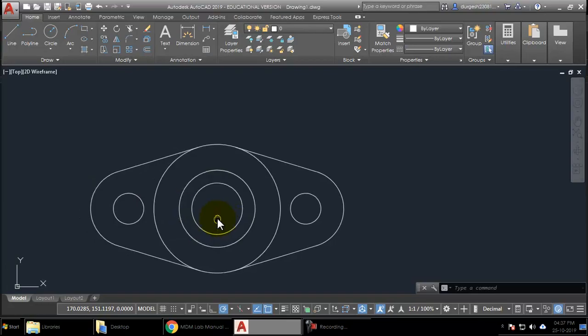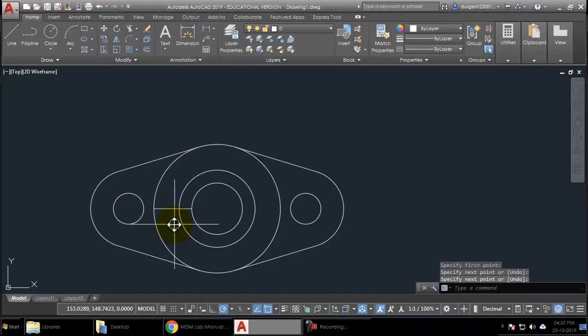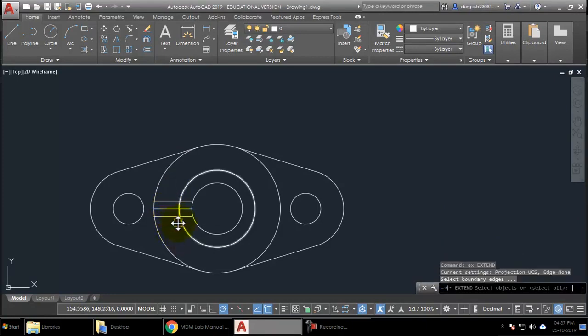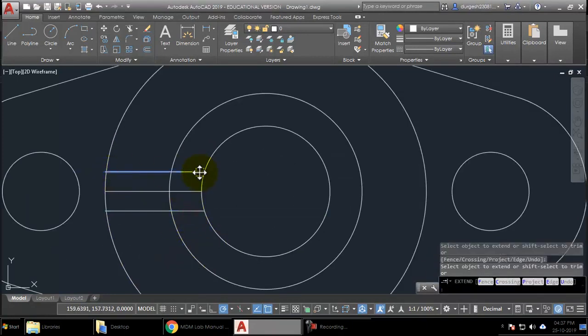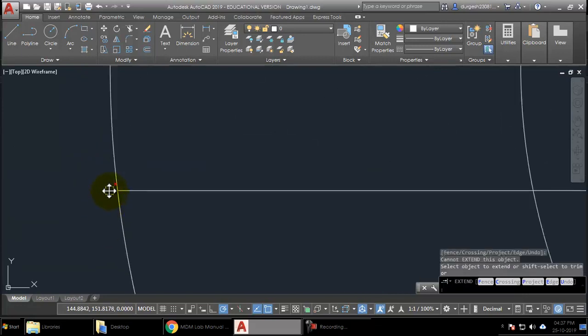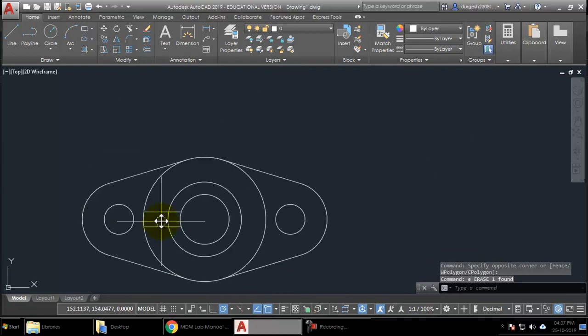So for that I will just take a straight line here, and diameter is 6, so both sides offset of 3 mm we have to take. So 3 mm offset on both sides you have to take, and you have to extend it over to this point, and this side just trim this extra line off. Okay, the center line we don't need it, and these lines need to be hidden.